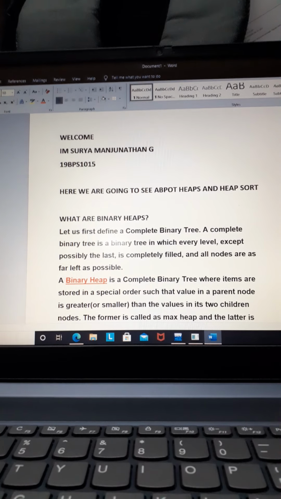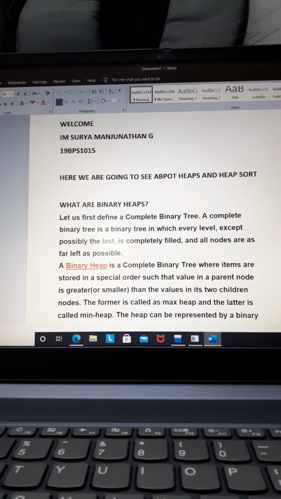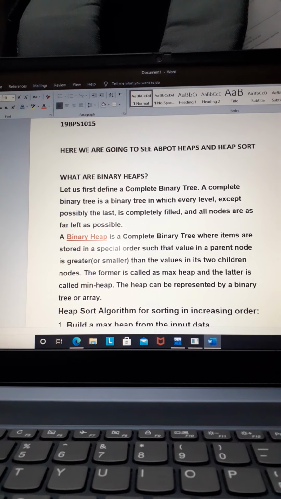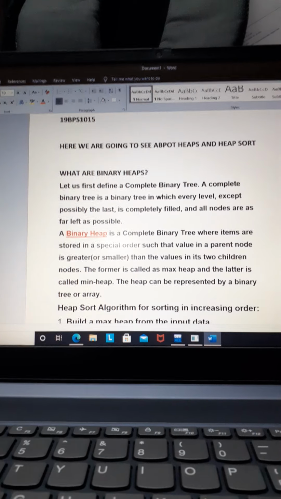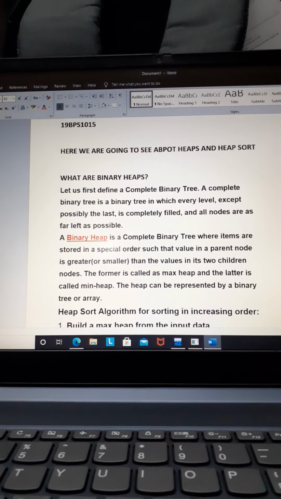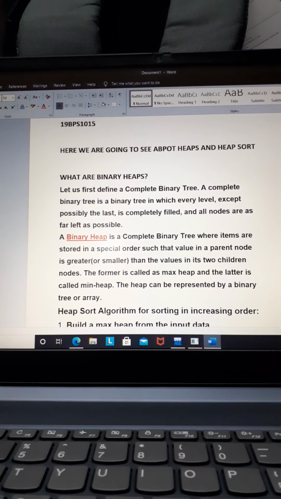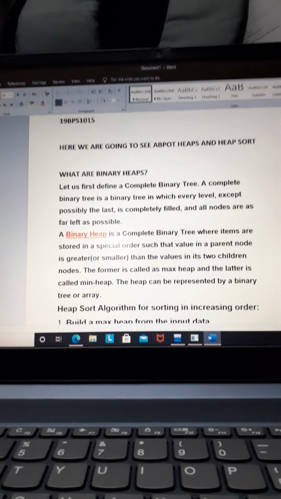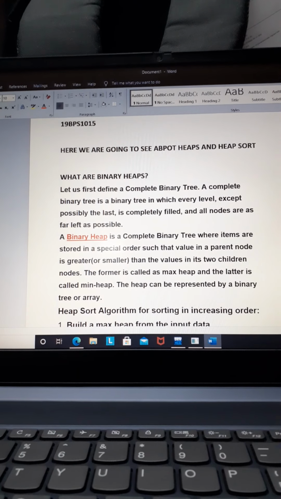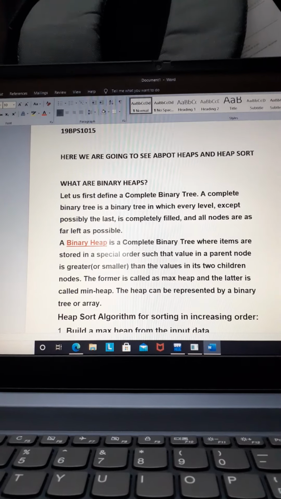Okay, in a max heap, the property is that the value stored in the parent node must be greater than both the children's, because it's a binary heap, so we have two children, so it must be greater than the left node value and then the right node value.